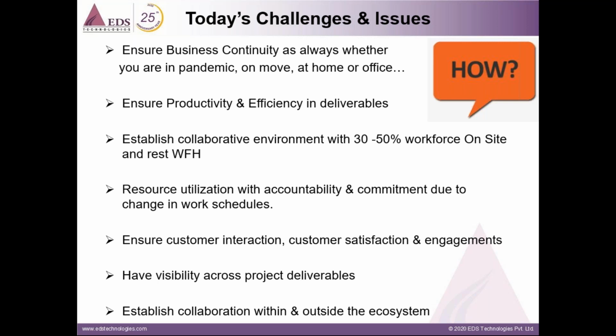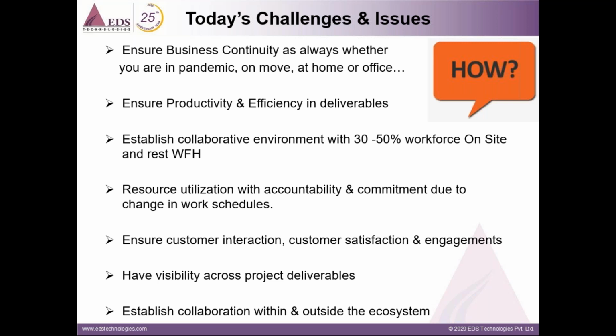I think going forward, if not for a longer duration, then at least for a couple of quarters, what we see is that due to this lockdown, the traditional way of working, spending 8 to 9 hours completely on the site or at our office, will be a challenge going forward. How do we address a situation where about 30 to 50% of the workforce is on the site, and the rest are working from home and have to support them? These are major challenges that we are faced with at this point of time that we have to overcome.